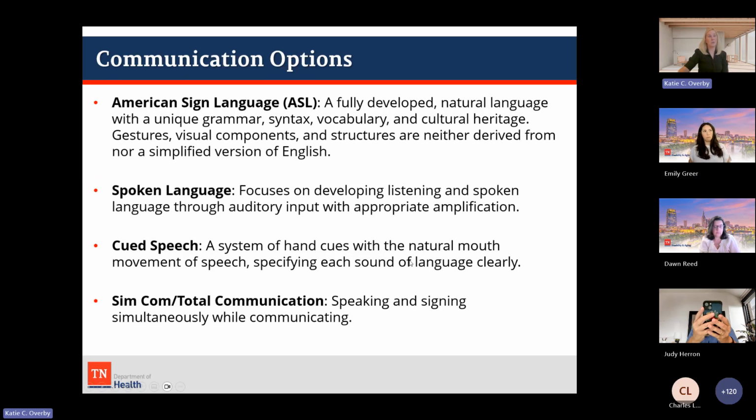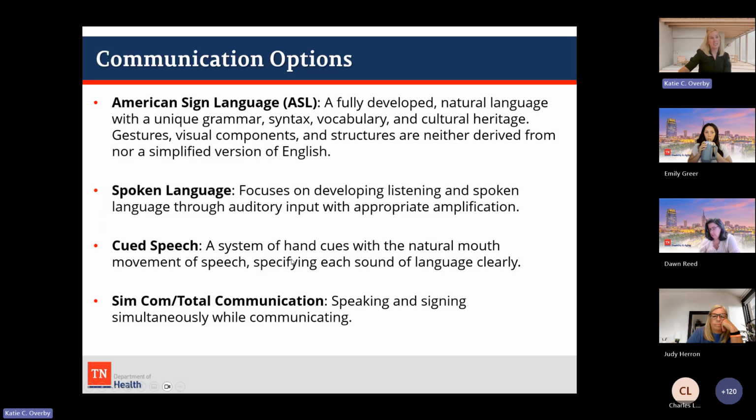So looking at those modes of communication, ASL, which is a language, and there are very strong opinions from sides of the deaf community about, don't refer to it as baby signs, please. It is sign language. It is their language. And so you can teach a baby sign language, but you're teaching them sign language. Spoken language would be using amplification, which we're going to talk about in a minute, to really focus in on those auditory skills. They're developing their listening and spoken language skills.